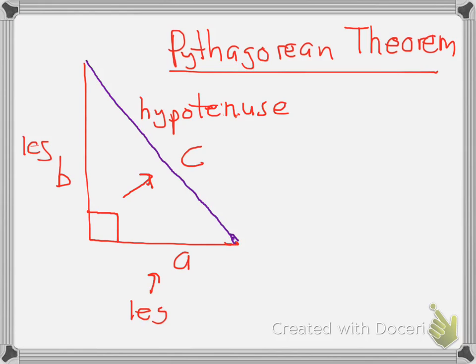You probably had to use it back in Algebra 1 when you took the GQE, and probably during Algebra 2 as well. But what it says is that if I take the legs and square them, a squared plus b squared, the sum of the squares of the legs is equal to the square of the hypotenuse. And that rule